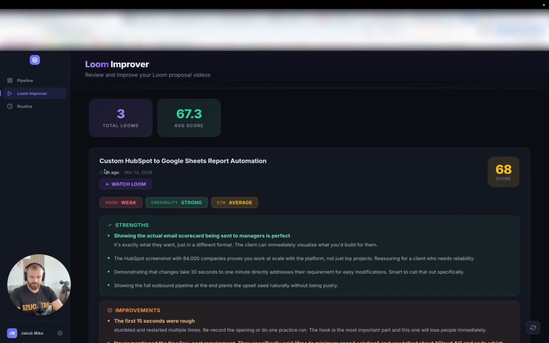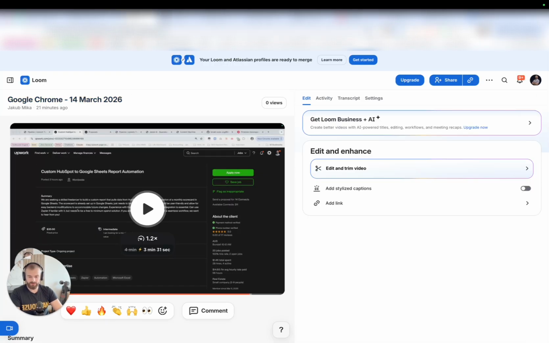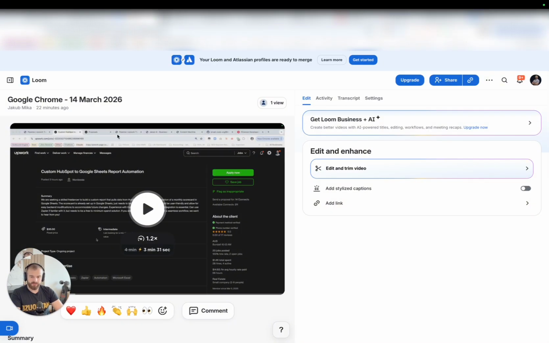One thing I realized is incorrect. I just asked AI to build me something that, when I add the Loom video, like the scorecard, shows me when the video was created. It shows that it was created 1 hour ago, but when I open that Loom, it shows only 21 minutes ago. So it should show exactly 21 minutes. And this is where